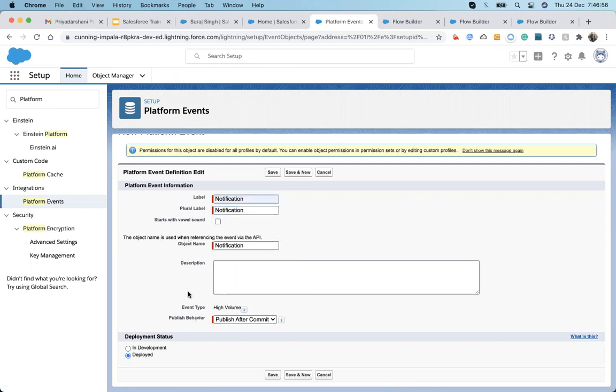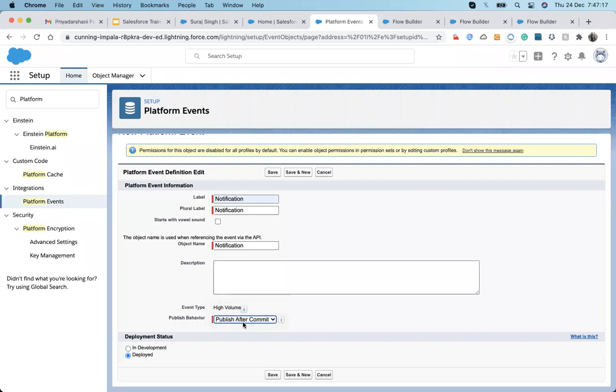And then we have high volume events, which means it can deliver millions of events at the same time. And we have the options publish after commit and publish immediately.